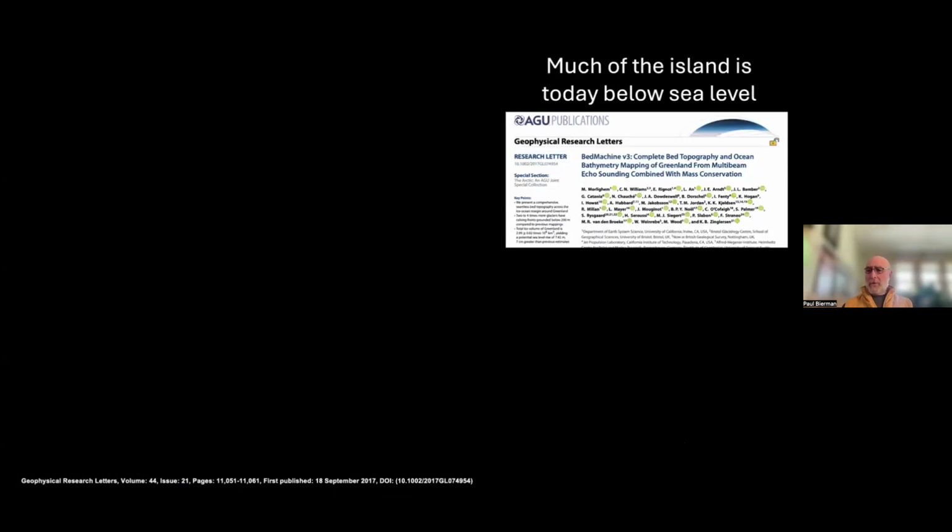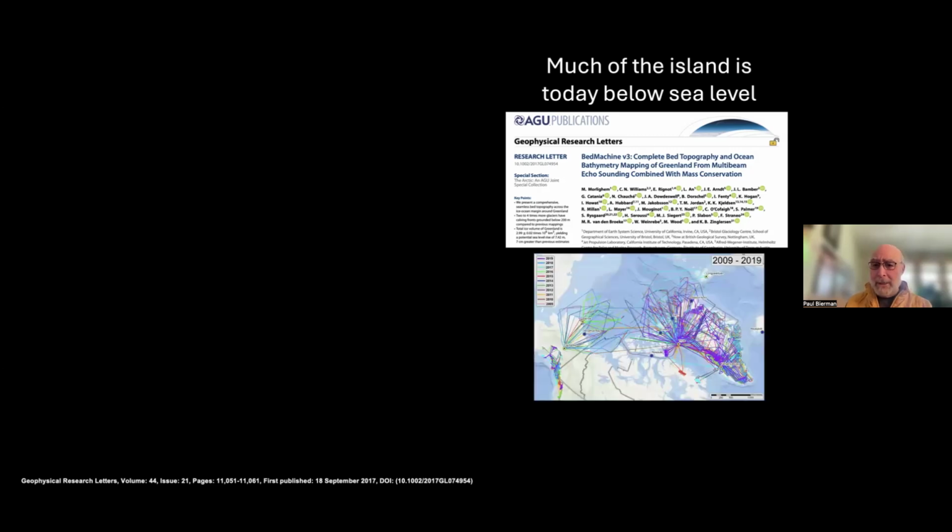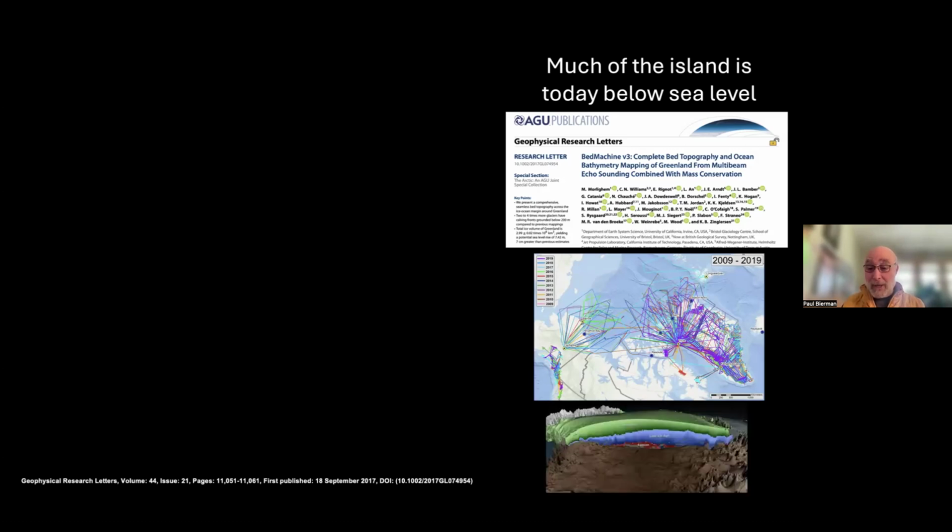So today, if you were to instantaneously vanish the ice sheet so that we all as geomorphologists could look at the landscape, we'd find that much of the island is below sea level. And this paper really laid that out beautifully, based on IceBridge radar lines through the ice, which give us not only the internal ice stratigraphy, but give us the bed and allow for incredible animations that many of you have probably seen like this that show the ice, infer the age of the ice, and then infer the landscape